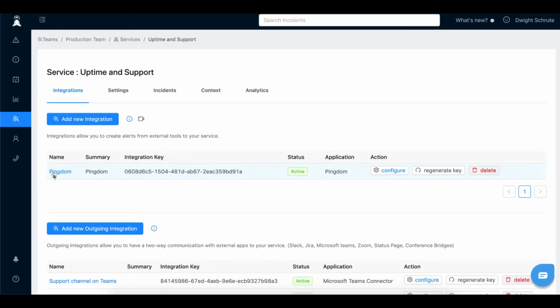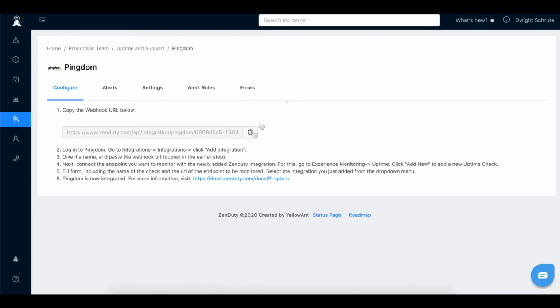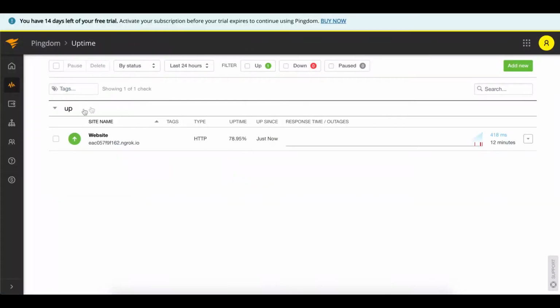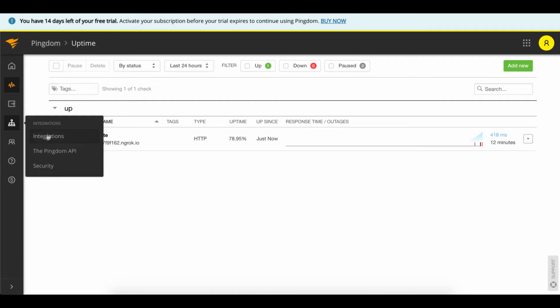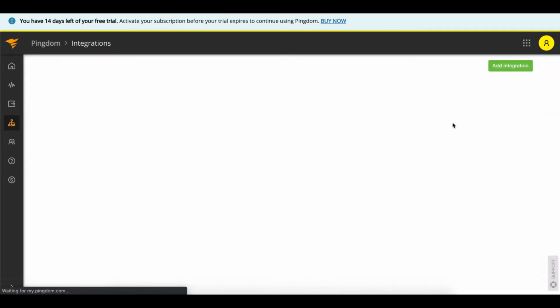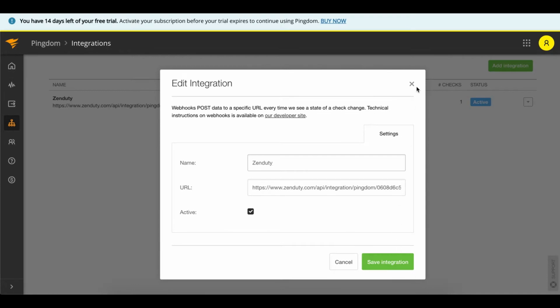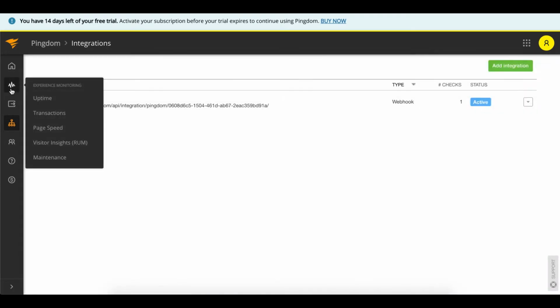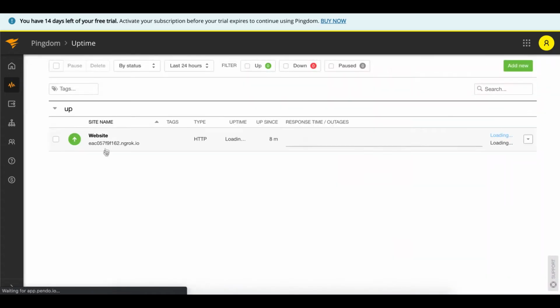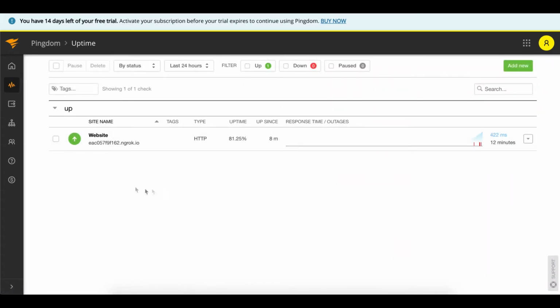We have already configured the Pingdom integration by copying this webhook URL and adding it to the Pingdom webhook dispatcher, which is right here. So after we've configured this URL, you see that Pingdom is currently monitoring a single endpoint, which is currently in the up state.